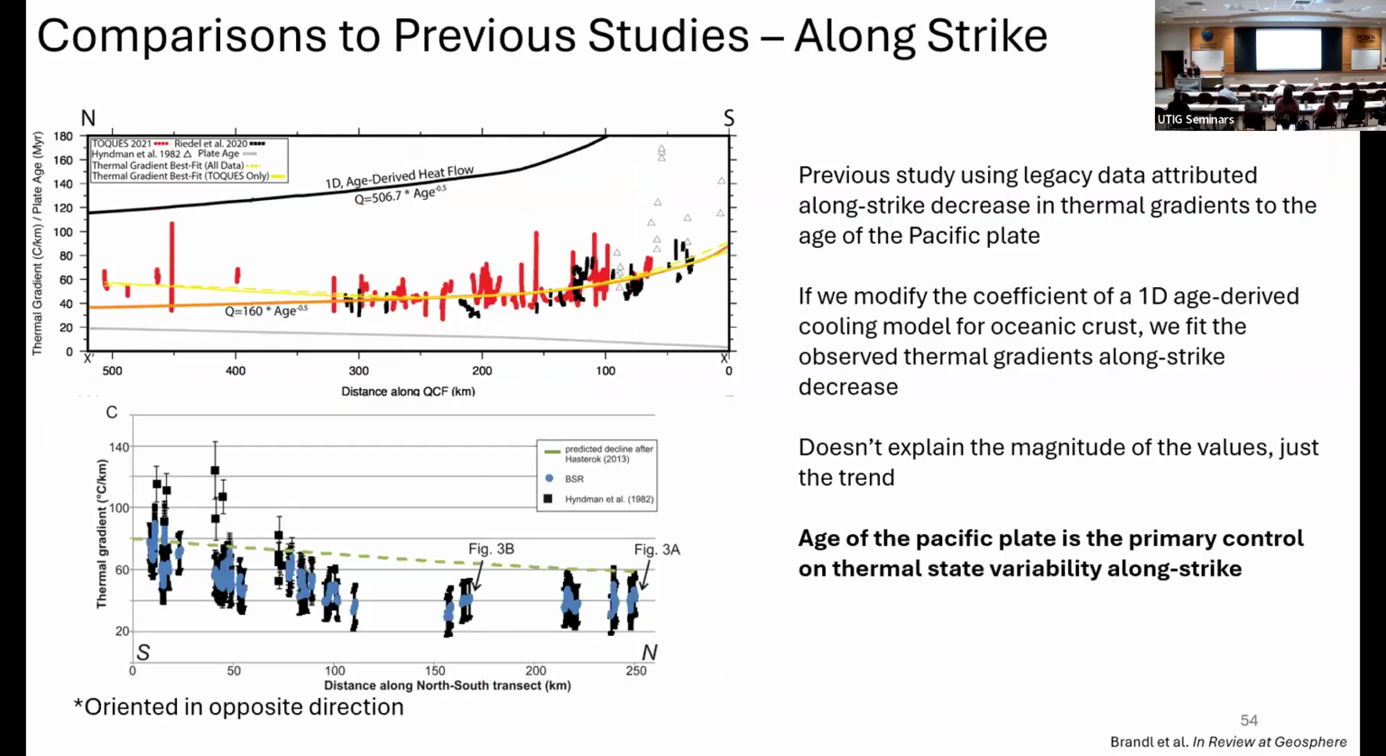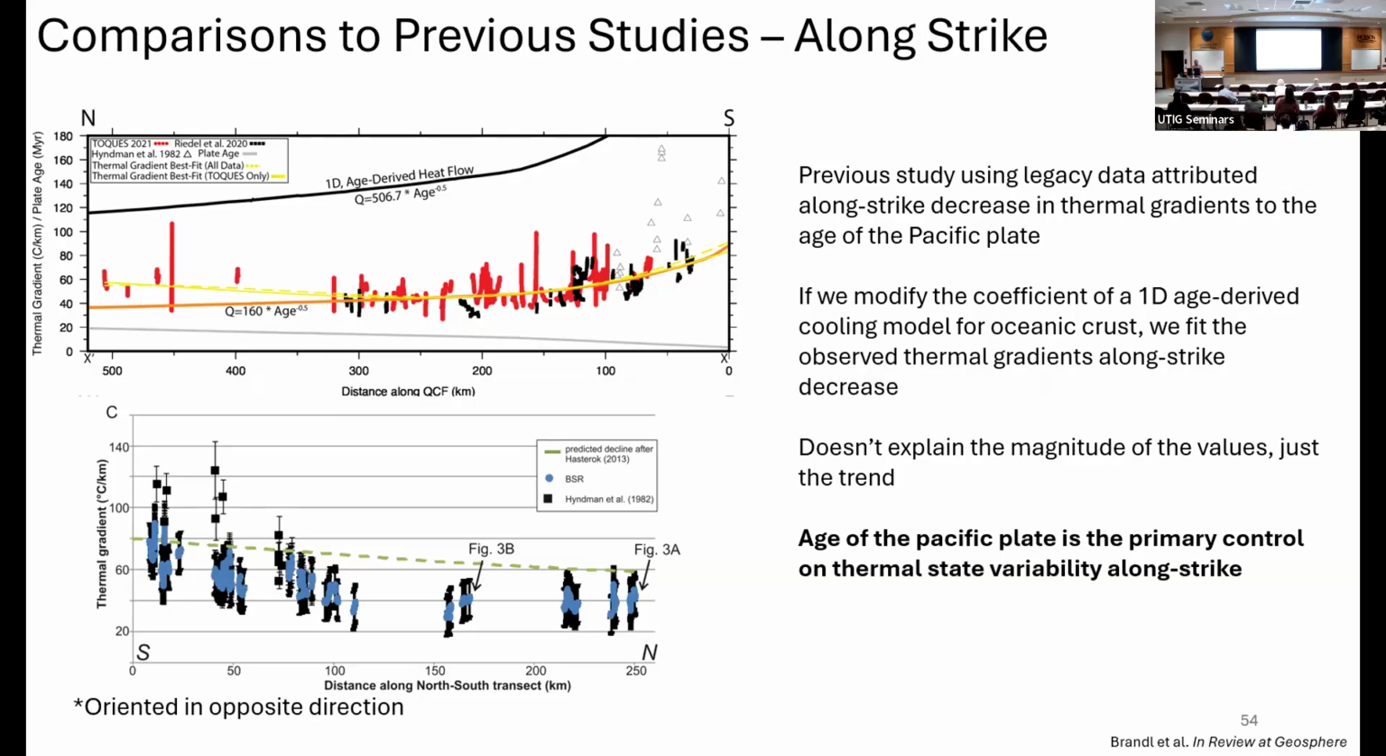So if we compare our thermal gradient observations to some of these past studies, as I mentioned, the legacy study found this along-strike south to north decrease, and this plot is oriented opposite to ours. They found that there was this trend and they attributed it to the age of the Pacific plate. So if we take a similar